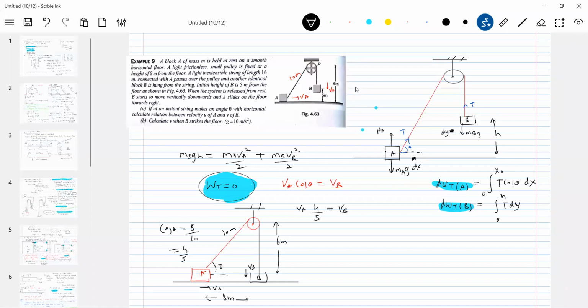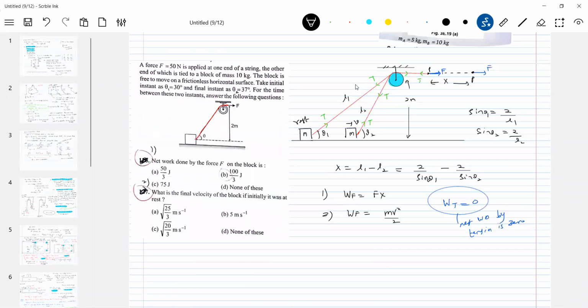Sir, in the previous case, how did you say that work done due to tension is zero? In this case, it's okay. But there also, the same thing. Here also, again, the same integration formula you have to apply. Work done by tension on the block should be equal to T cos theta into dx. Look again, it has undergone displacement. Correspondingly, the theta also is variable here. You have to get the relationship.